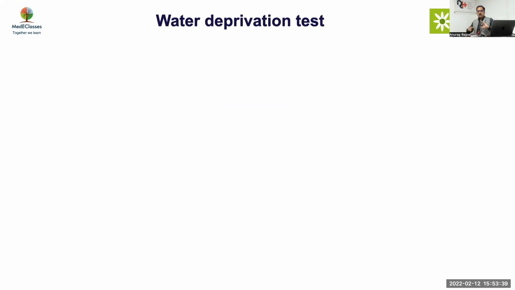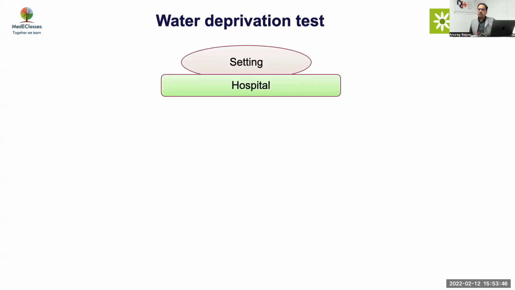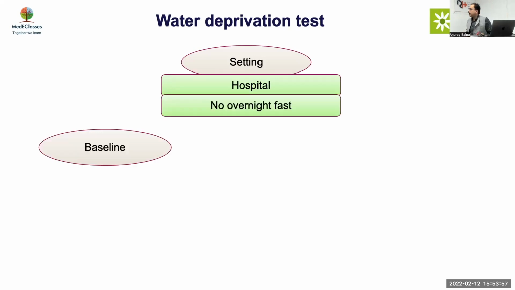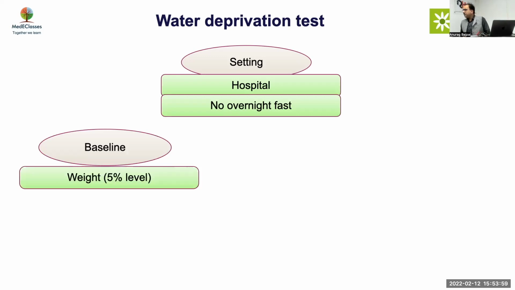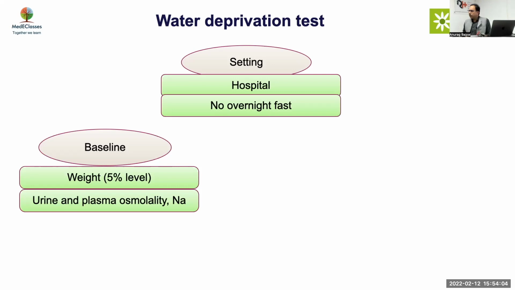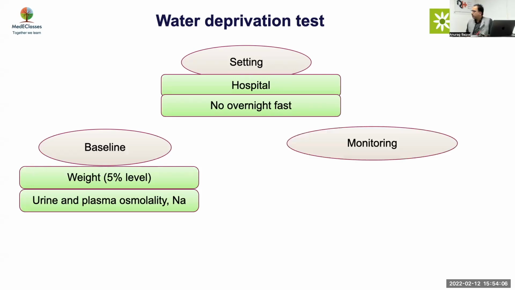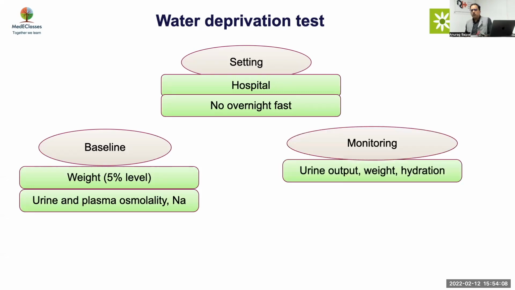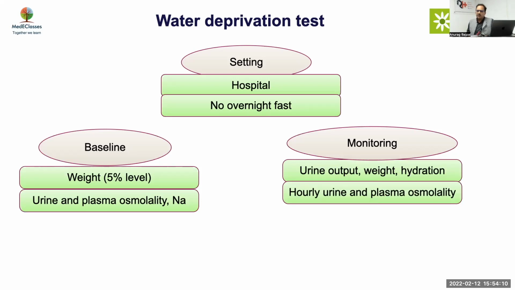Now, once you have done everything, you then go ahead with doing a water deprivation test, which is often done in most cases. It should always be done in the hospital. Don't ask the child to get dehydrated at home, because then they will develop severe hypernatremia and may have hemorrhage. Don't ask for an overnight fast. At baseline, check the weight and look for 5% dehydration. Look at urine and plasma osmolality and serum sodium, and then monitor urine output, weight, hydration, and hourly urinary and plasma